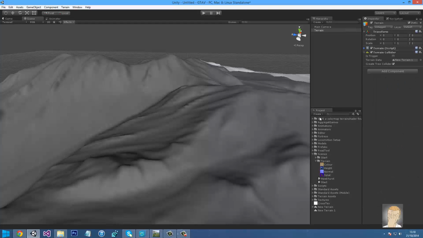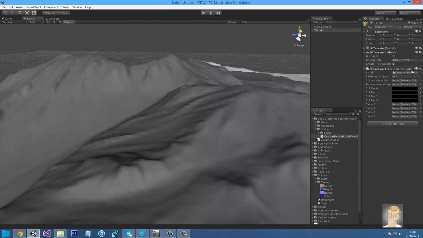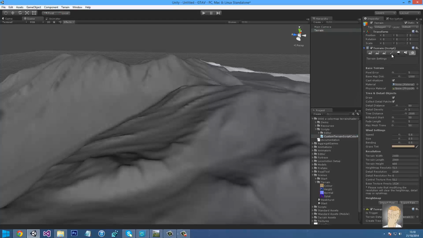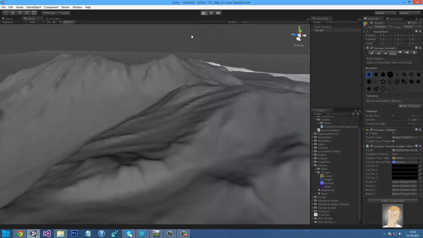So let's go into our color map terrain shader thing. Go into scripts and add the custom terrain script. That one. So now we want to add first of all the color map and the normal map. So if we play